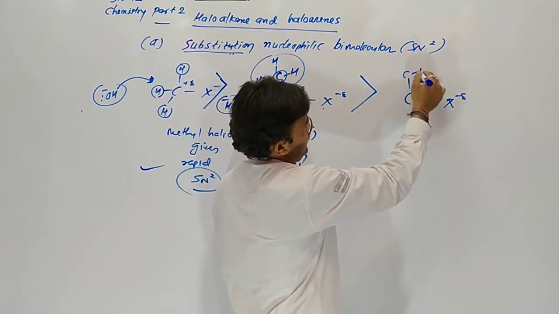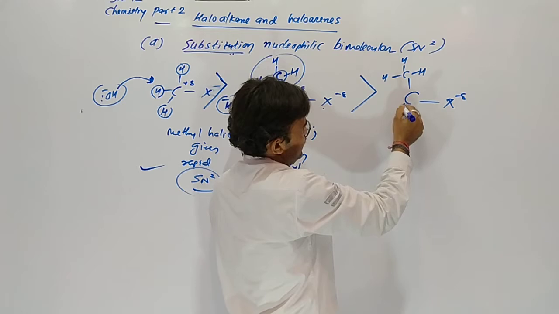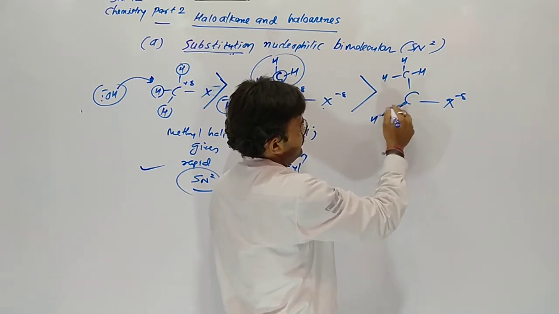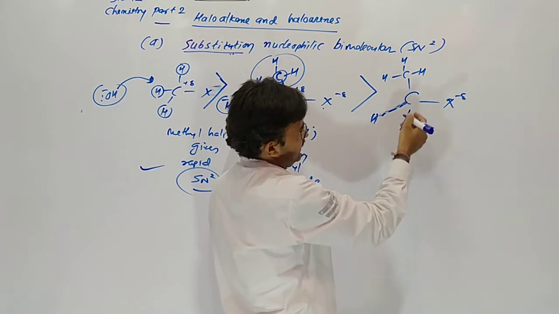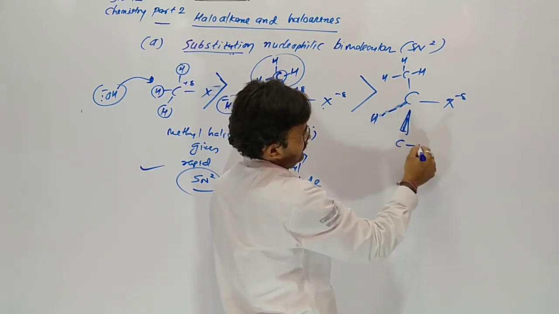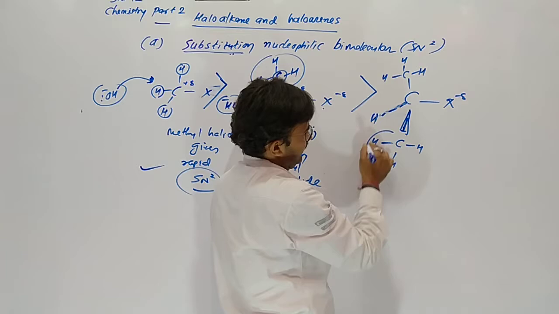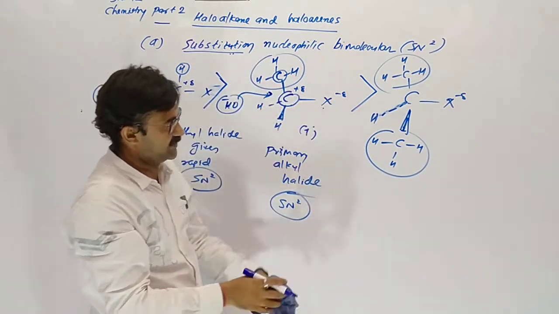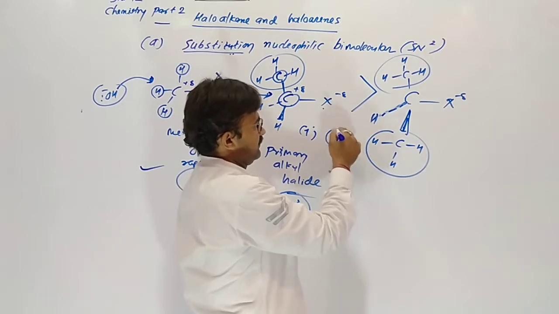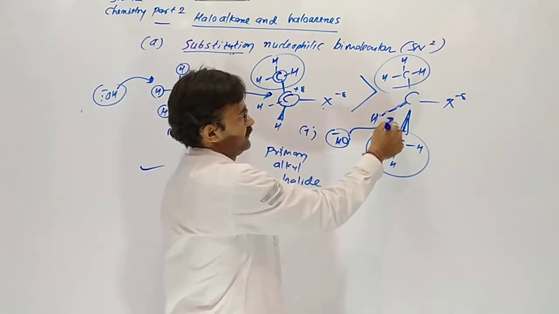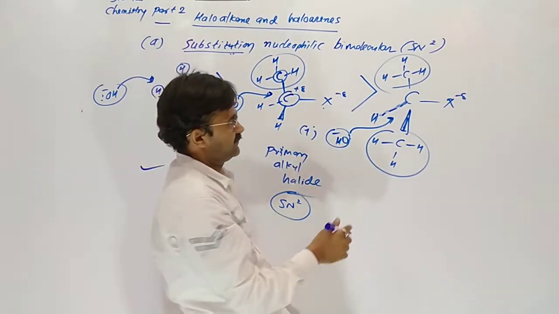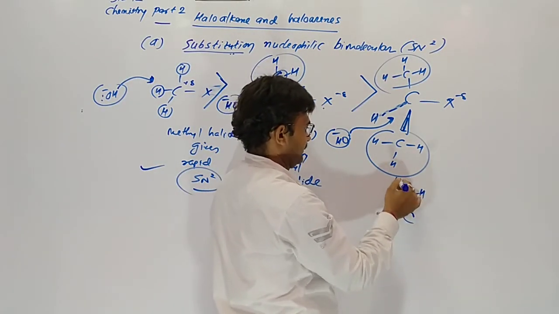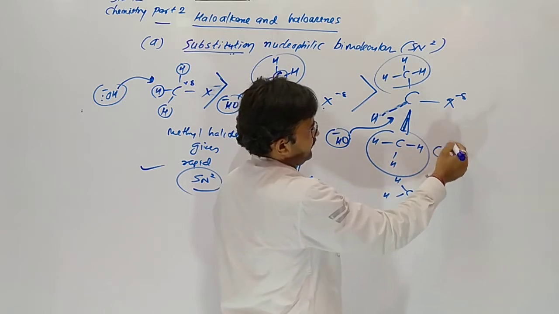Suppose we are taking here two methyl groups. These are more bulky, you can see. It means behind the paper. Here two methyl groups, 1 and 2. So you can see the resistance is more here for the coming OH group, maximum repulsion. And now in the case of tertiary, this is secondary, right?